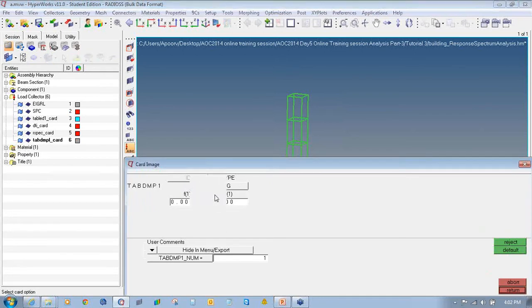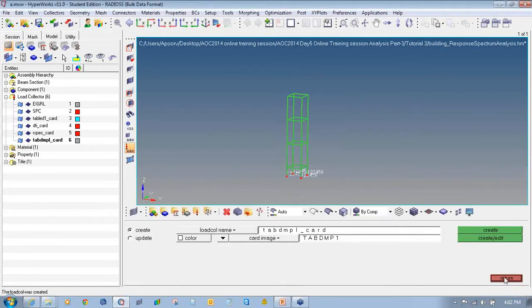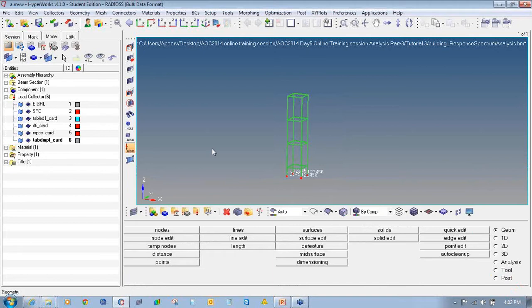Select the type as CRT. Enter the table damping number as 2 and input the values as F1 to be 0.2, F2 to be 50, frequency, and G, the damping coefficient, will be the same. Then we'll click return twice to exit the load collector panel.